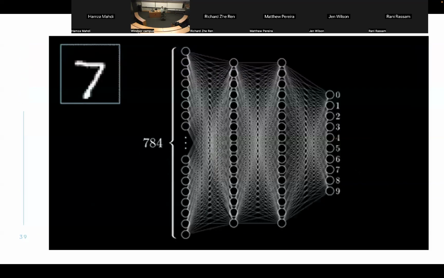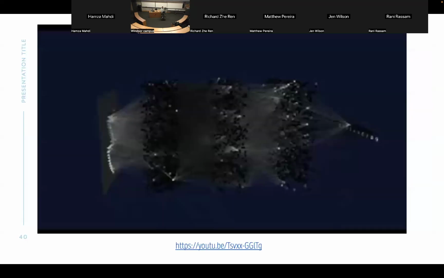And once this happens enough times, you get good enough connections, good enough weights that activate just the right output for you. Okay, so you can see here only certain neurons get activated after the network learned. And when we activate the correct output, then we can say, okay, well, this was an image of a 7. And that's essentially the basic gist of how neural networks are trained. They can be visualized.